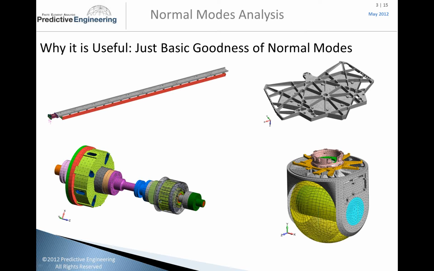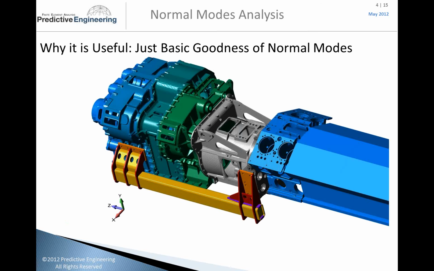Drivetrain work, natural frequencies are everywhere in drivetrains. This is a sample holder for an electron microscope, and they want it to be very inert, very stable, not to be excited by any of the machine frequencies. Down here, this is a turret that's mounted onto an airplane, holds a camera system, and this was used in a modal frequency analysis. Large transmission structures on this. This is an actual real model.